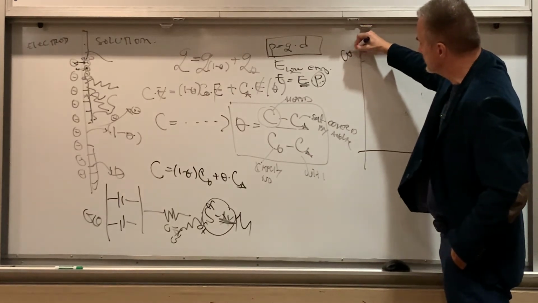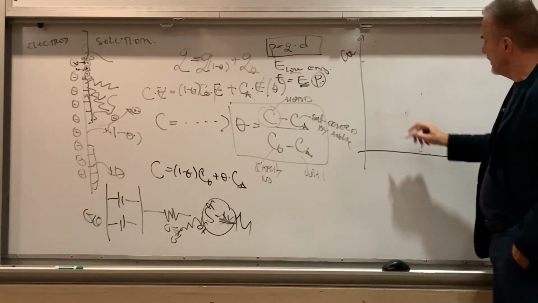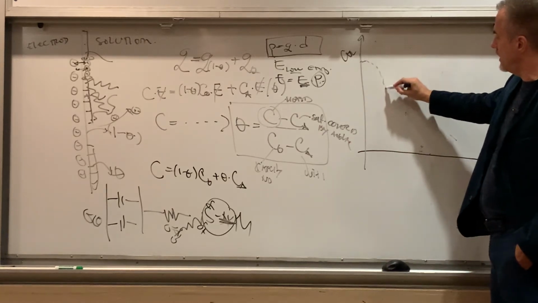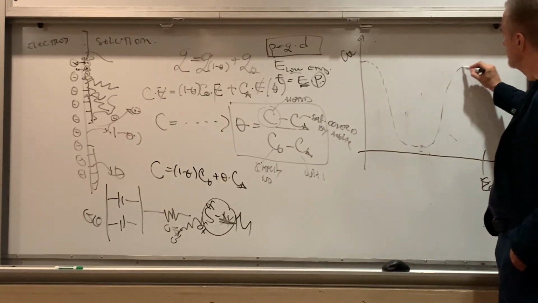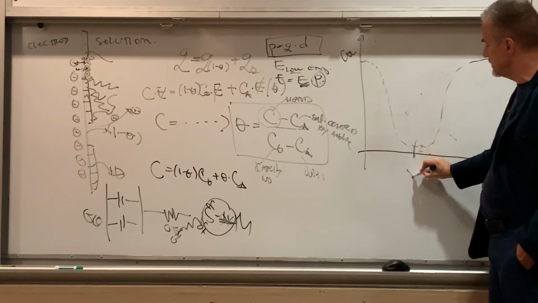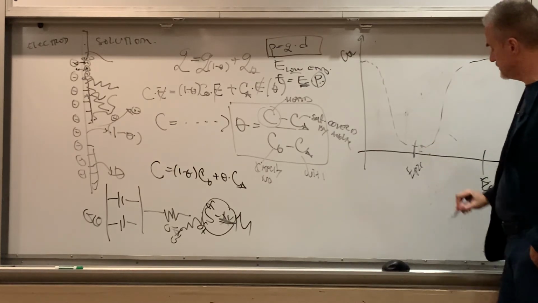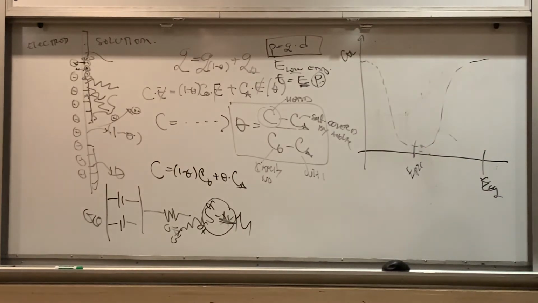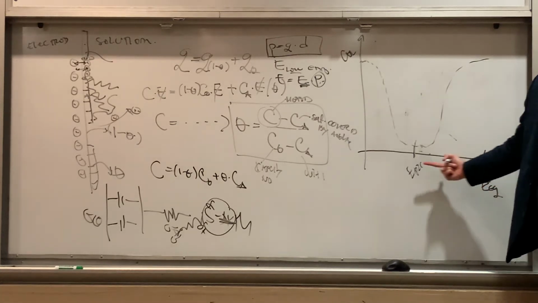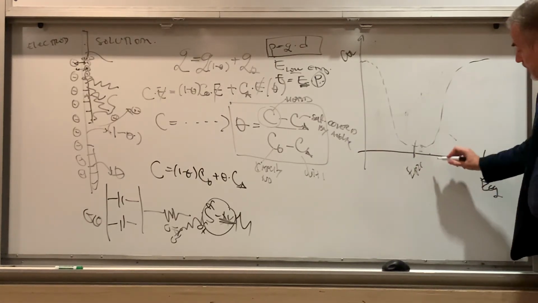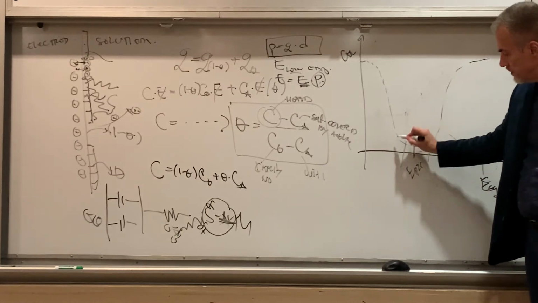This is the capacity of the double layer. And I determine that the PZC is here. Okay. If I go on the left side of my equilibrium potential and apply potential here or here or here, whatever,